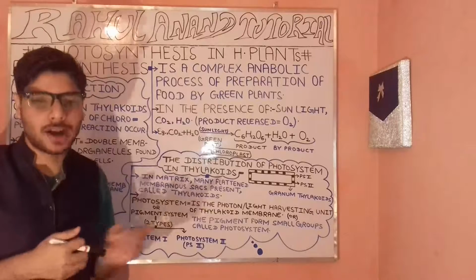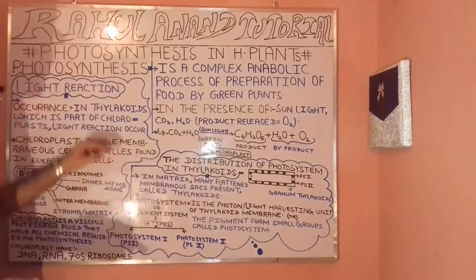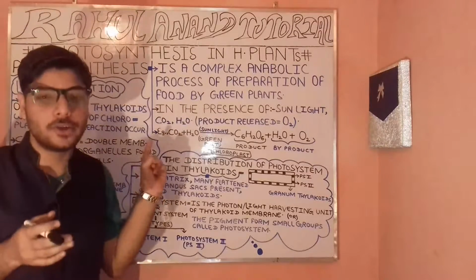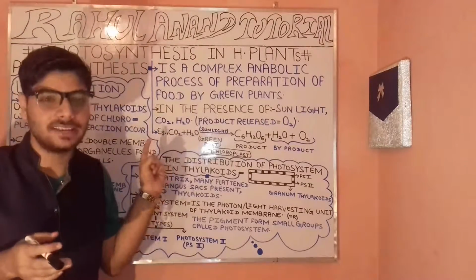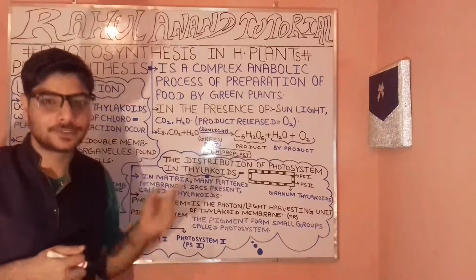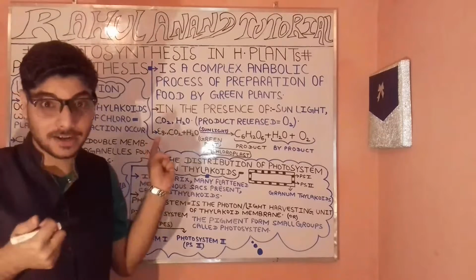Now let's proceed with the light reaction. When we talk about this, you have to understand the places where it occurs. Your light reaction occurs in the thylakoid, which is actually the part of